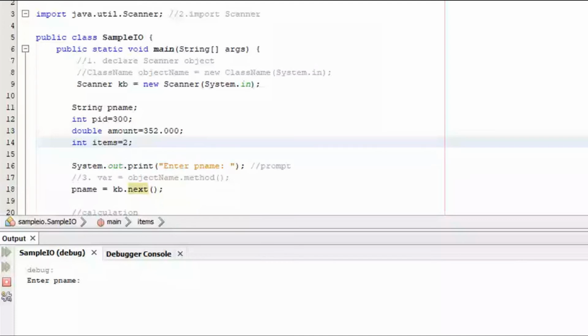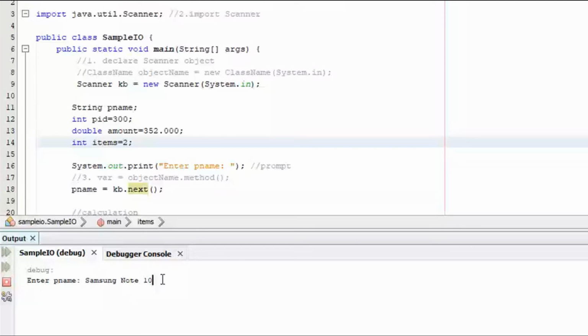It says here, you can see the output now. A while ago, we didn't have any input, correct? It's just showing the value itself. But now, what do we have? It says now, enter pname. Let's enter pname. Let's say I want to enter now Samsung Note 10. Do we have Samsung Note 10? I am entering a string, so I am allowed to use alphanumeric with spaces also. No problem with that. Can you see that? Okay, now let's press the enter key.